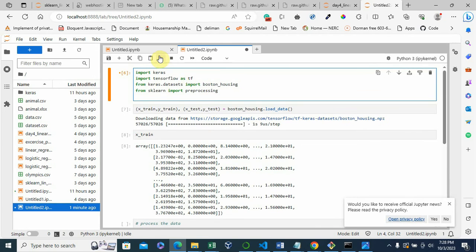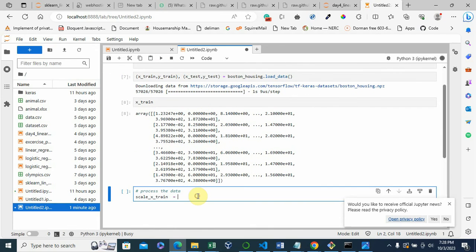So let's load that in. Then that will be used here. So we use the preprocessing, the scale, X train. So I'm going to scale this X train, preprocessing dot scale. Then the next thing is to convert that to scalar, which effectively gets out the standard deviation